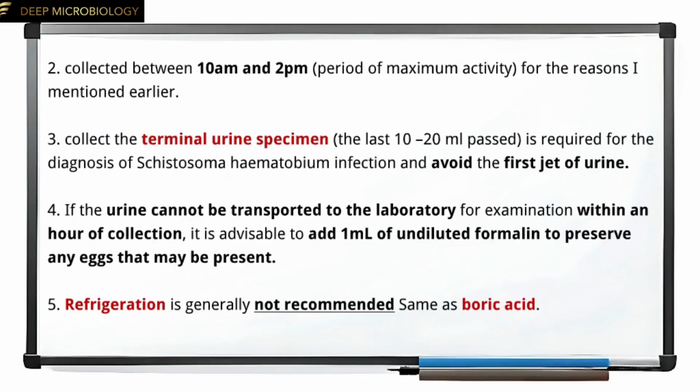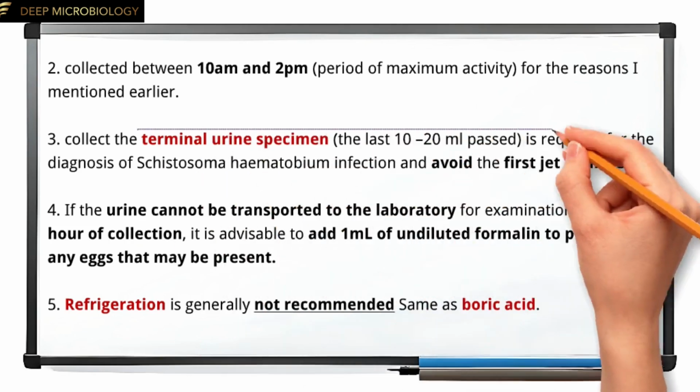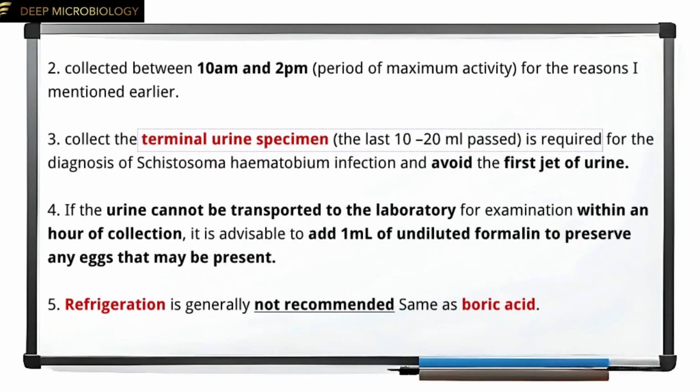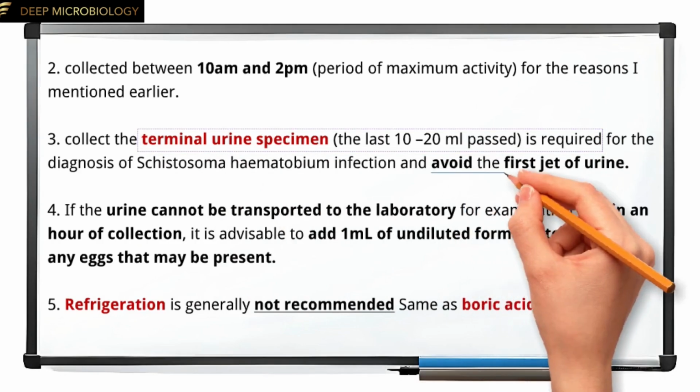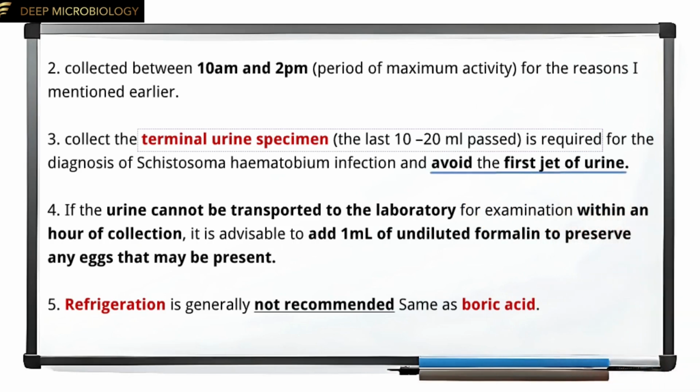2. Collect between 10 a.m. and 2 p.m., the period of maximum activity, for the reasons I mentioned earlier. 3. Collect the terminal urine specimen. The last 10 to 20 milliliters passed is required for the diagnosis of Schistosoma hematobium infection, and avoid the first jet of urine. 4. If the urine cannot be transported to the laboratory for examination within an hour of collection,